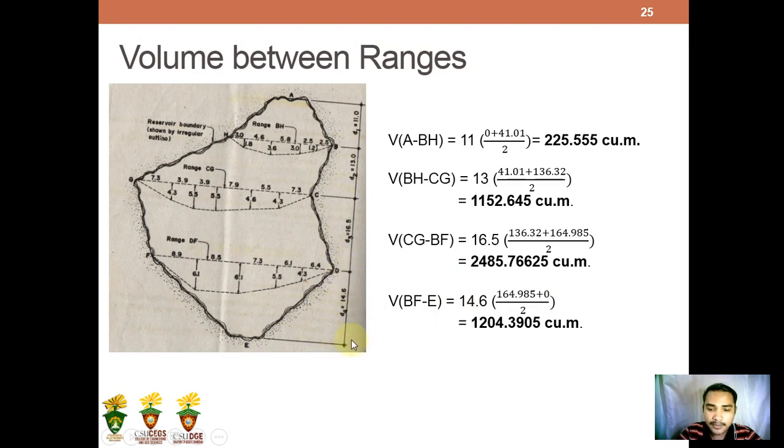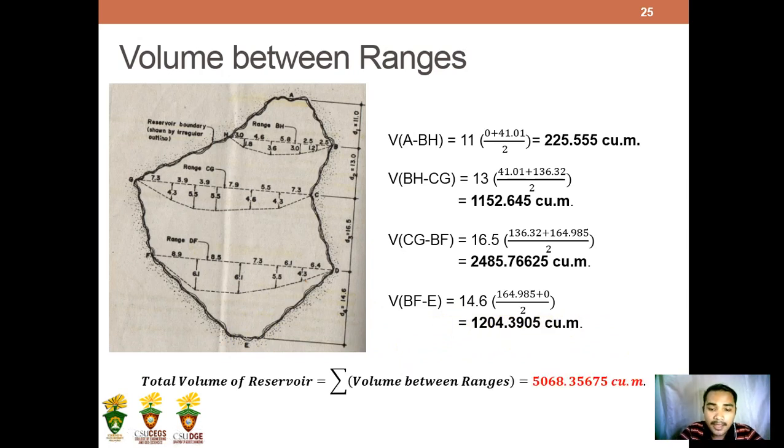So the distance between them is 14.6 times the area of the range line BF is 164.985 plus 0, which is the cross-sectional area at range line E, which is negligible according to the problem. So we have the value of 1,204.3905 cubic meters. And to determine the total volume of the reservoir, it's just the summation